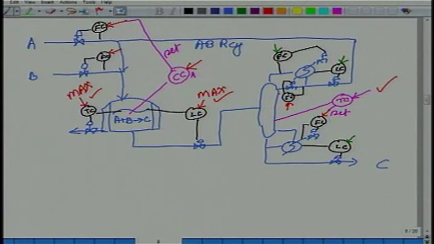Okay. How do I choose the composition set point? There is a CCA, no? There is this set point, composition of A inside the reactor. I can choose this set point to be whatever. It could be too much of A, very little B. It could be too much of B, very little A. It could also be A and B are comparable.